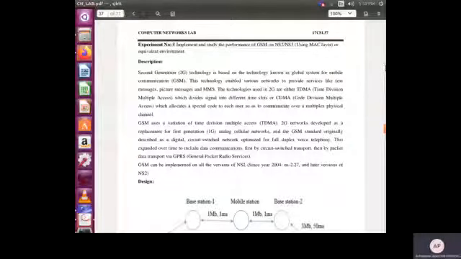And the GSM standard originally described through digital technology makes use of circuit switch network, which is an optimization for full duplex telephony. So this went on expanding over time to include data communications, first through circuit switch transport, then by packet data transport through GPRS. GSM can be implemented on all the versions of NS.